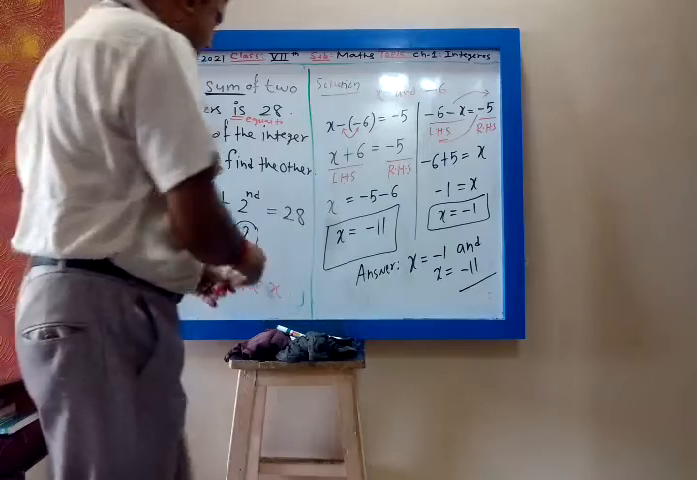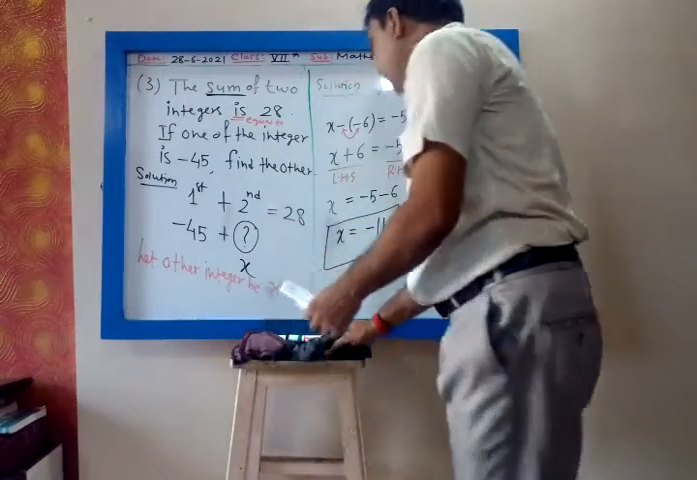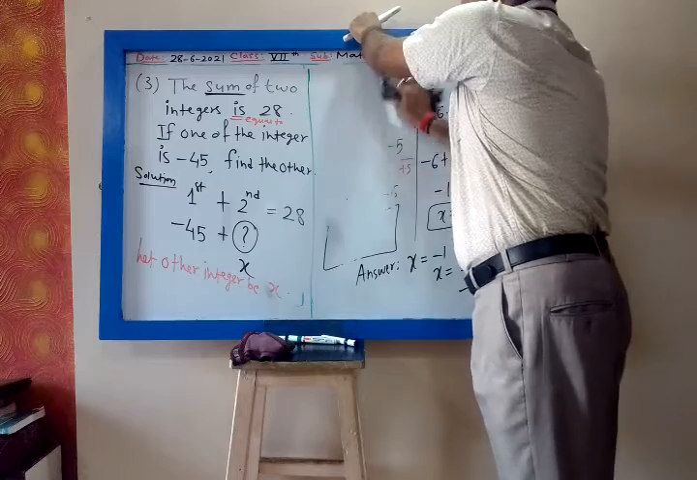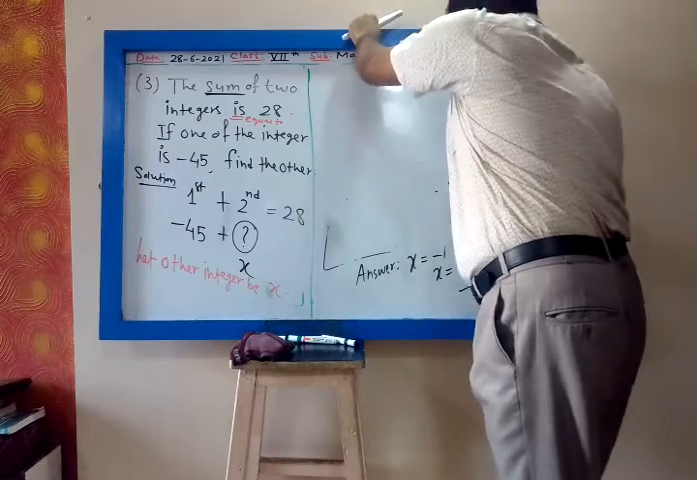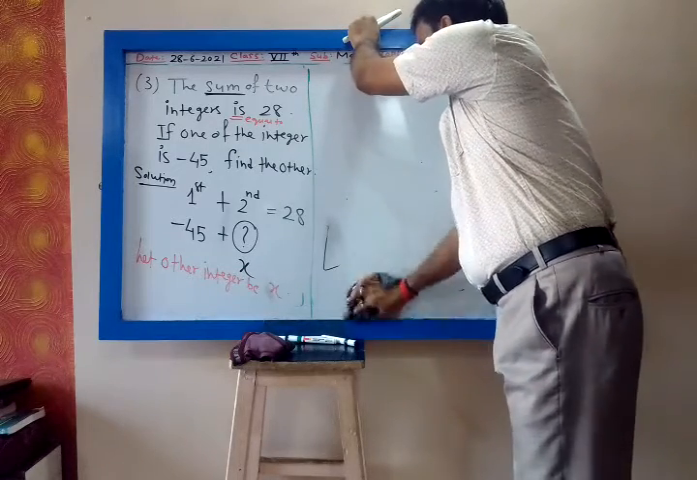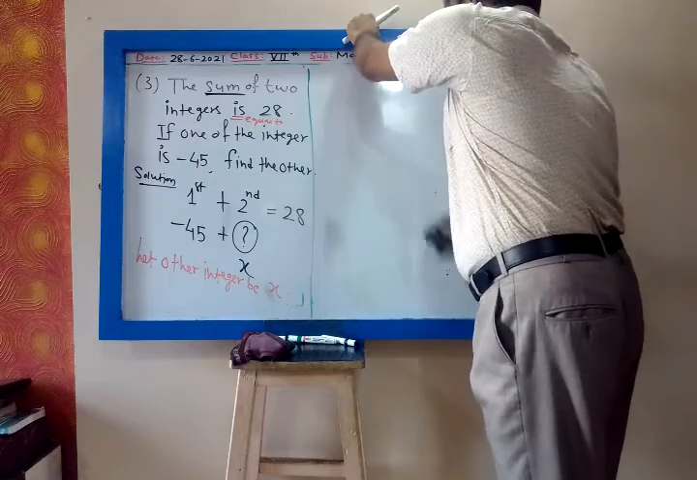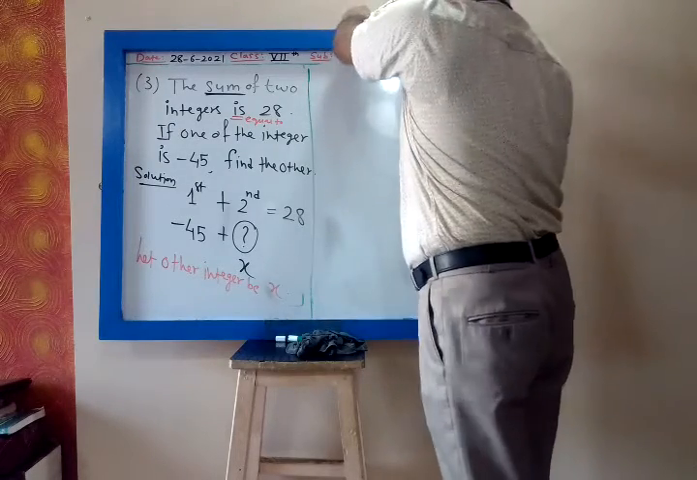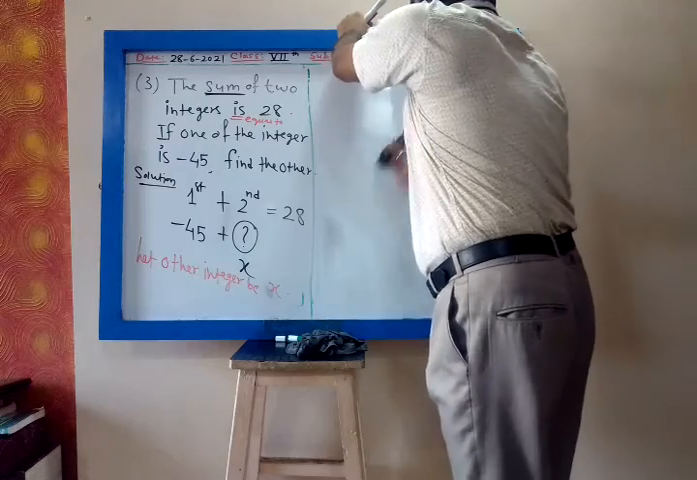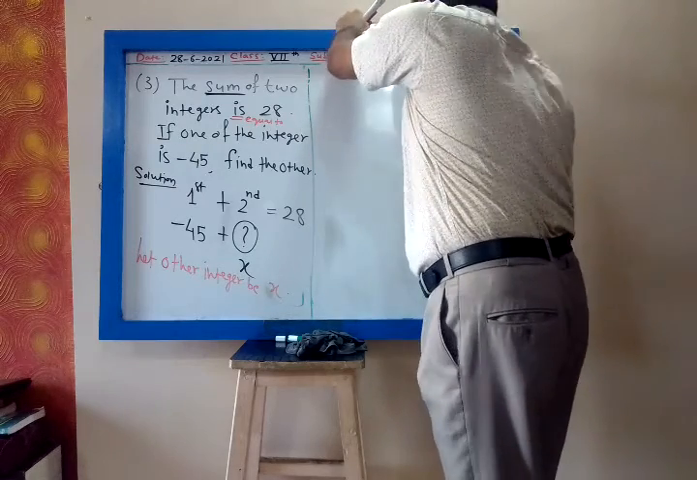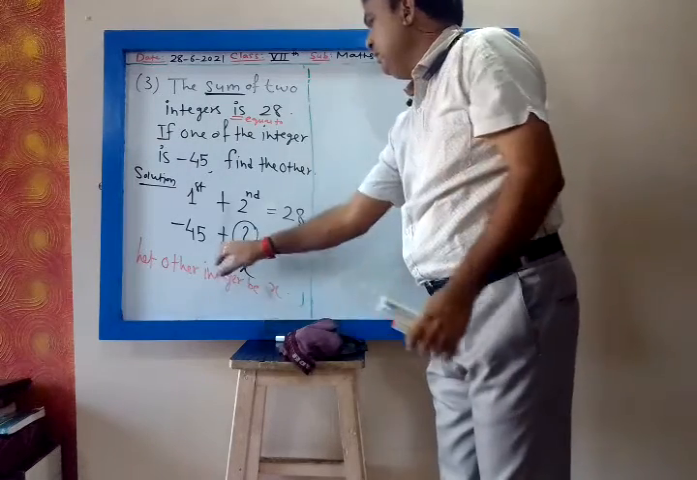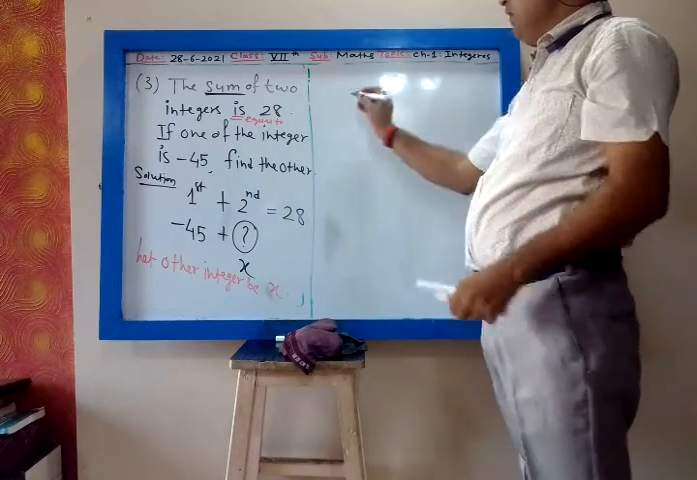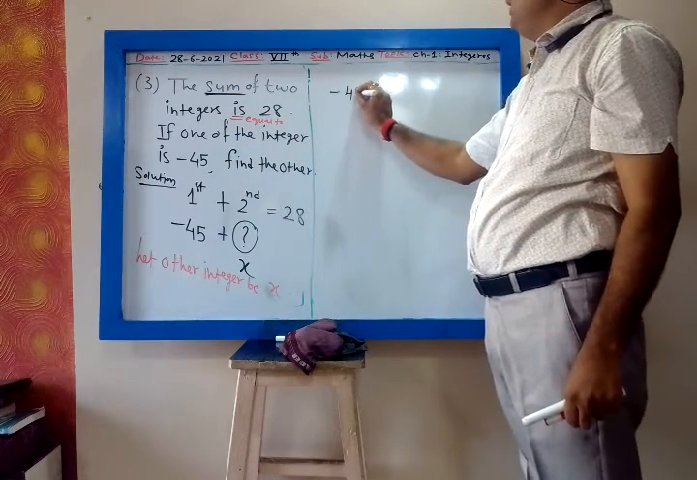Now you form the equation. Whenever it is sum, we write a plus b. So the first integer is minus 45, the second integer is x. Between them a plus sign. Why do we write the plus sign? Because it is sum. So we write minus 45 plus x